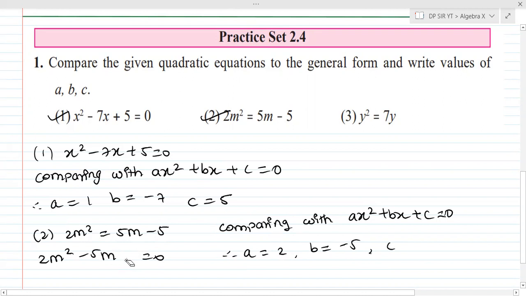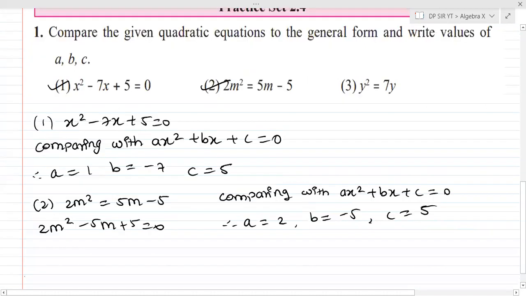Just give me a moment. b is equal to minus 5, c is equal to minus 5. Plus 5, okay. Since the sign changes, c is equal to 5. Don't get messed up with the sign, okay. ये इतना टेढ़ा क्यों गया, I don't know. So let me write it neatly. Comparing with ax square plus bx plus c is equal to 0. And I will draw a line later on to avoid confusion. Don't worry.